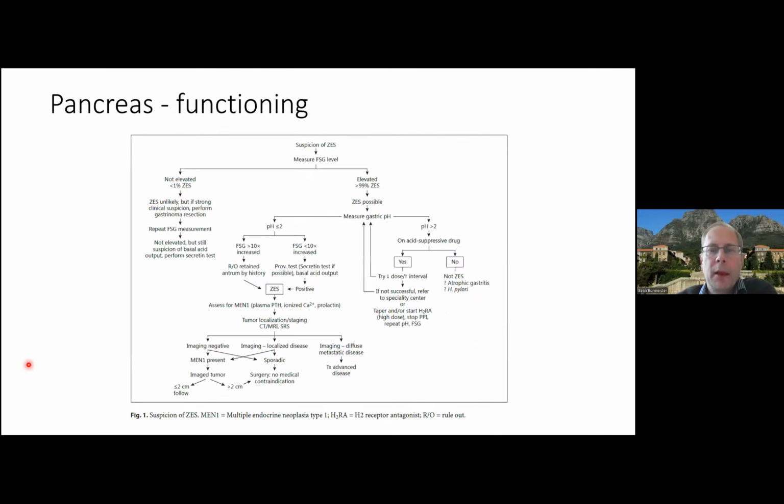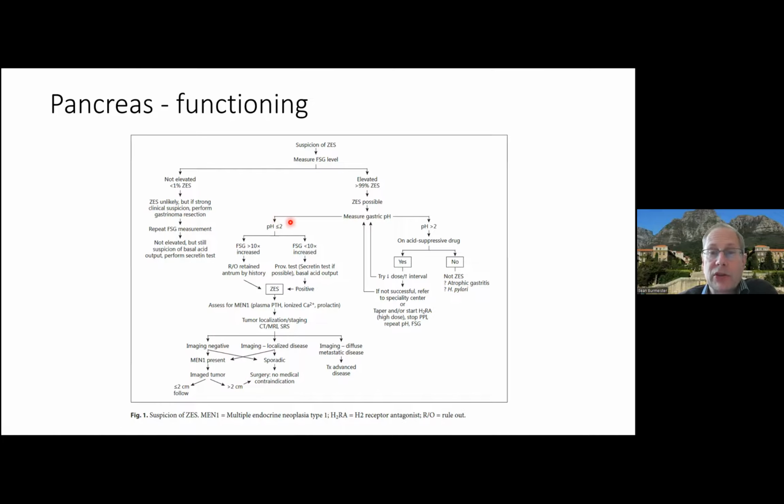Okay, moving on. So with gastrinomas, we've mentioned your starting point would be measuring the gastrin level. If you have a gastrinoma, typically, most of the time, your gastrin level will be markedly elevated, and you will then consider that this is indeed Zollinger-Ellison syndrome. Now, this is a guideline from the European Neuroendocrine Tumor Society, and obviously, this is the textbook process to follow, and they would suggest that you